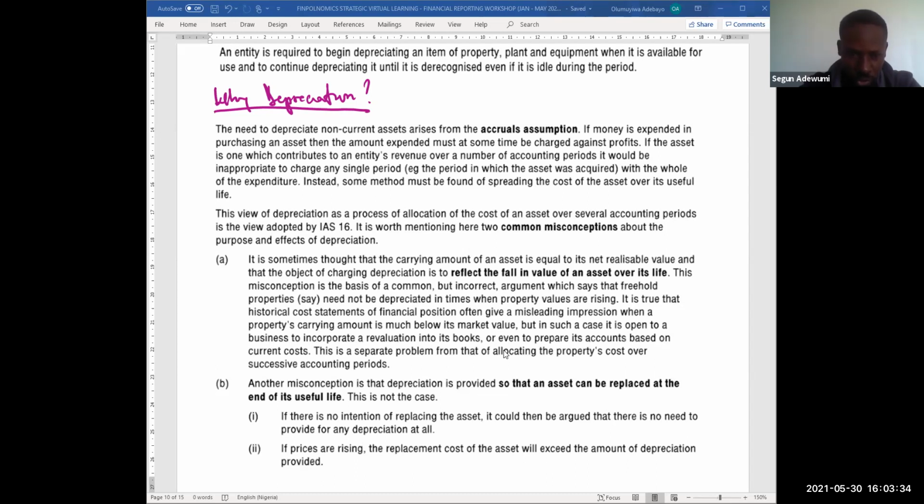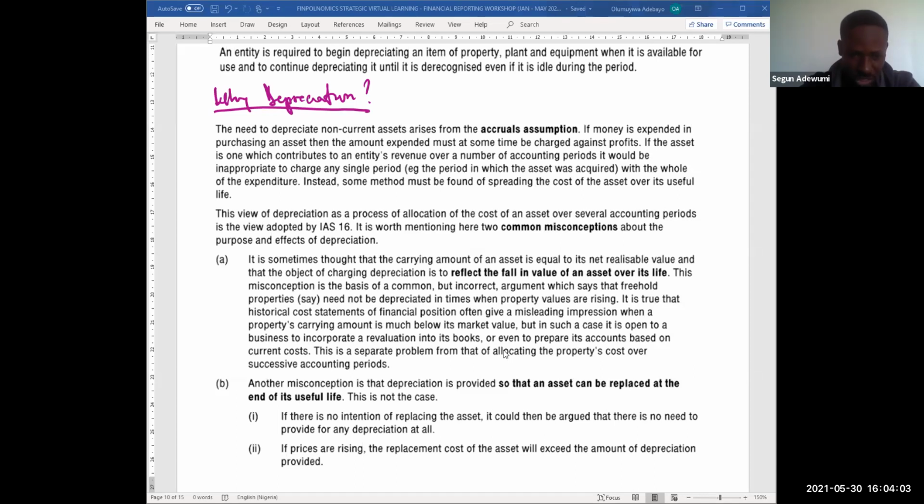It is true that historical cost statements of financial position often give a misleading impression when a property's carrying amount is much below its market value. But in such a case, it is open to a business to incorporate a revaluation into its books or even to prepare its accounts based on current costs. This is a separate problem from that of allocating the property's cost